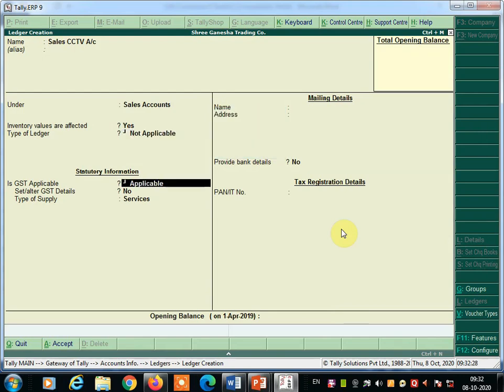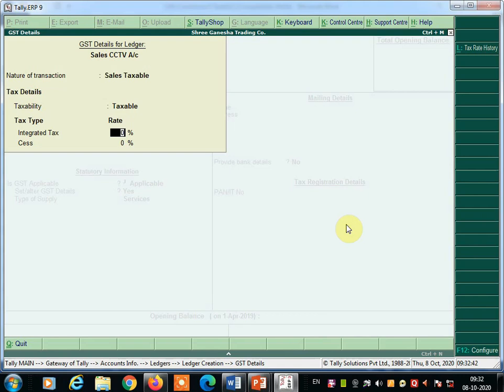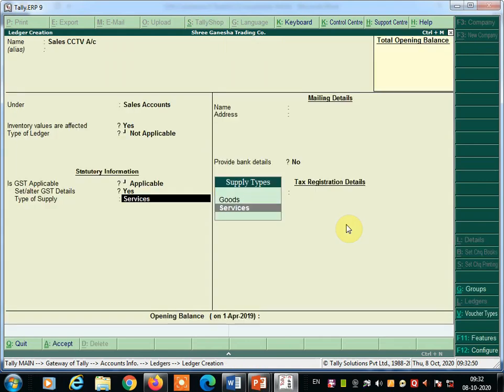Here IGST applicable, then yes. Here nature of transaction, sales taxable, so here you can select sales taxable, then integrated tax 28%, goods.